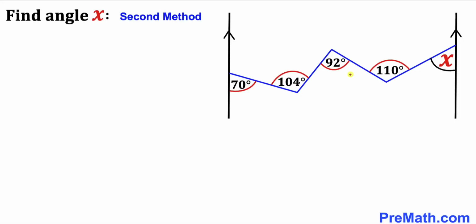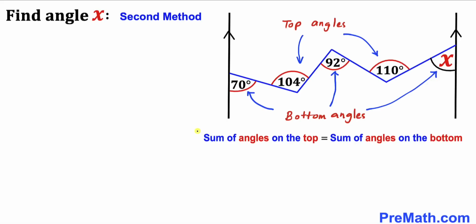Now let's focus on these angles, and we can see that these two angles are on the top of these transversal lines, whereas these angles are below these transversal lines. And now let's recall this basic rule: the sum of the angles on the top of these transversal lines is equal to the sum of angles on the bottom of these transversal lines. And we can see our angles on the top are these ones,